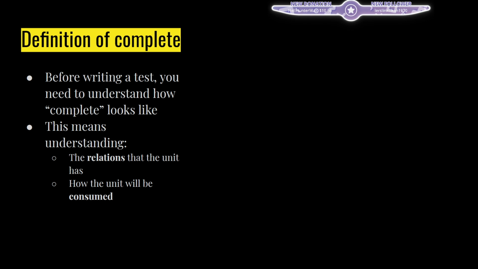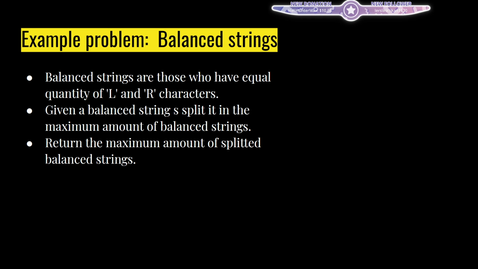The essence of TDD is understanding what the requirement is, what the definition of done is. In other words, before writing a test, you need to understand what complete looks like. And this involves the relations that the object, or the system, or in short, a unit under test has, and how that unit will be consumed by the whole system. What does this mean? Let's